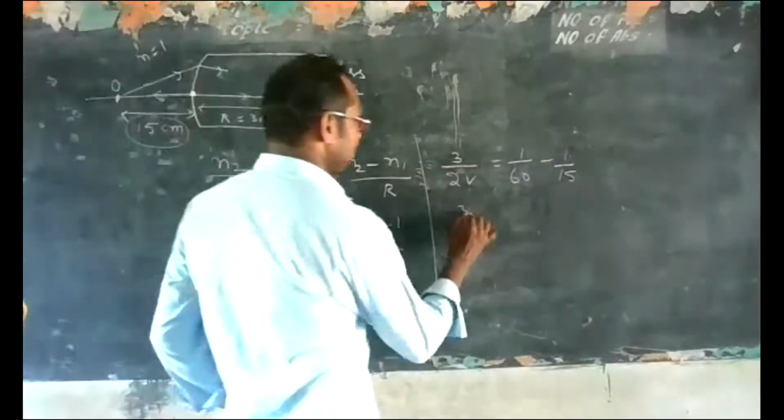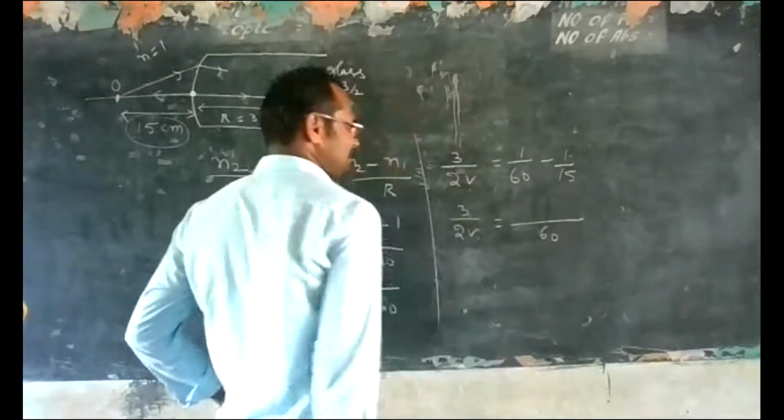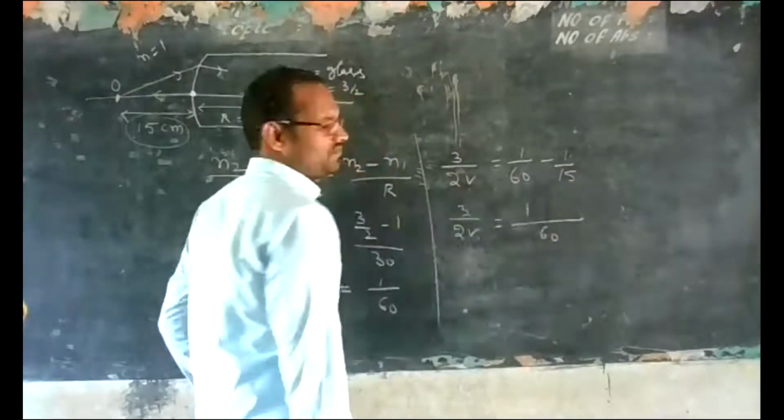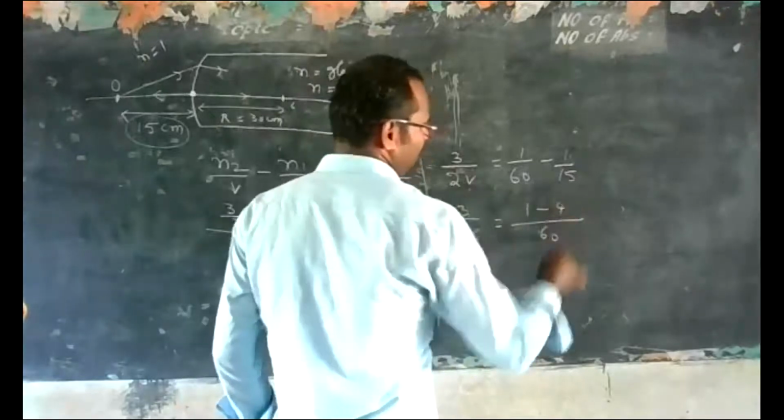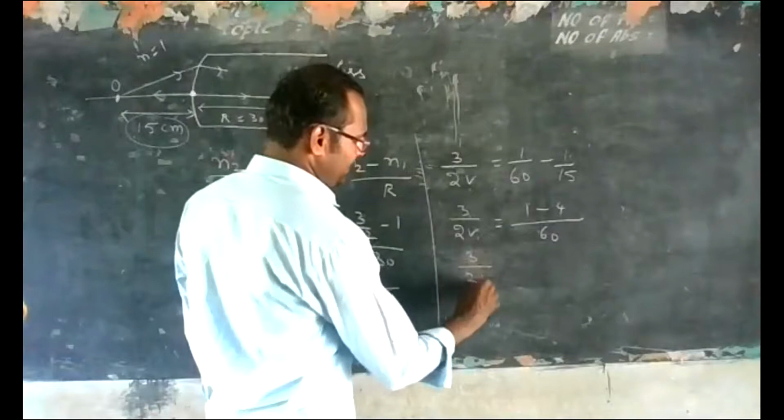3 by 2V is equal to, the LCM is 60, so 1 minus 4, right? So 3 by 2V is equal to 1